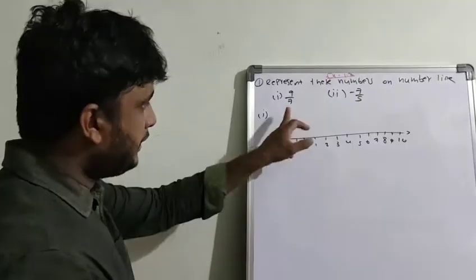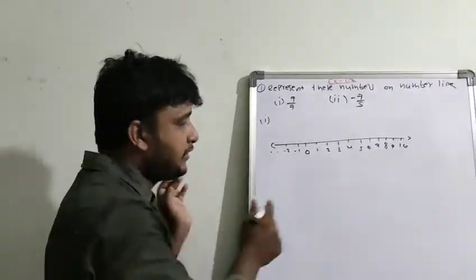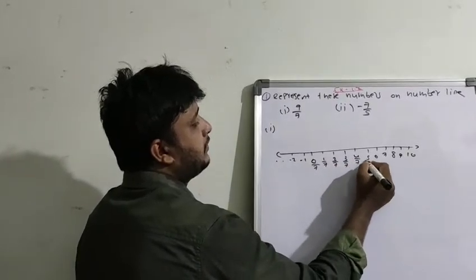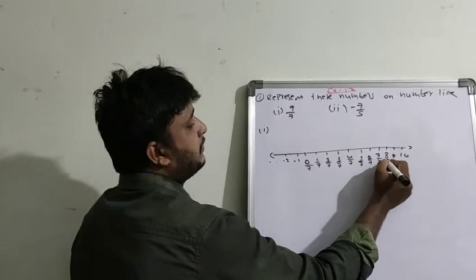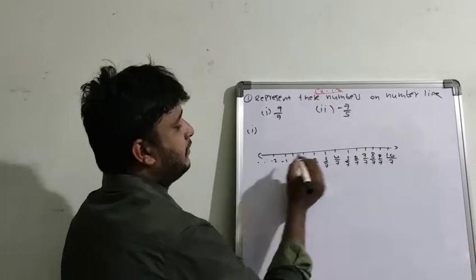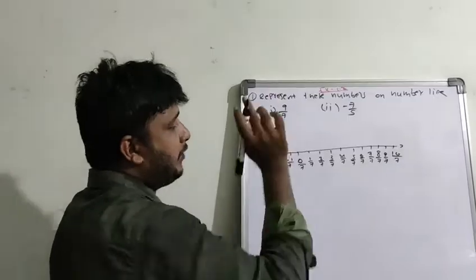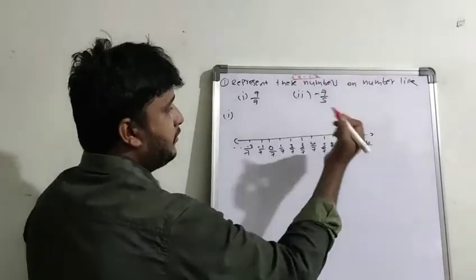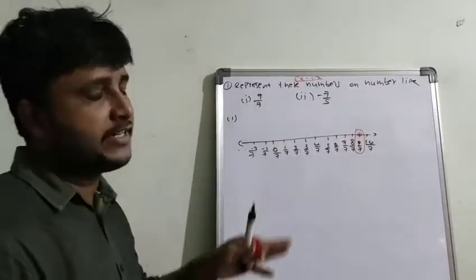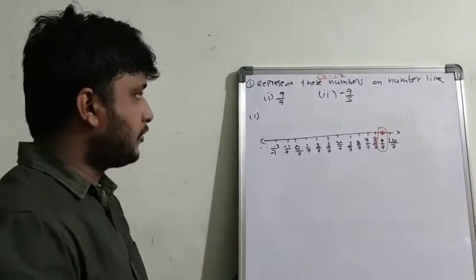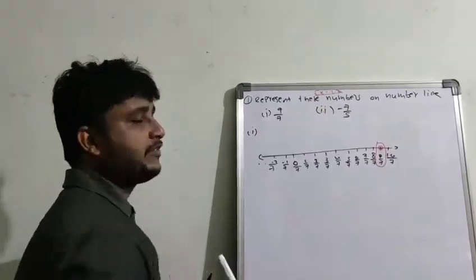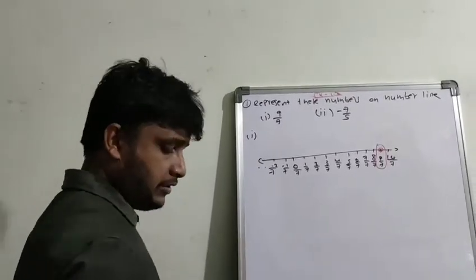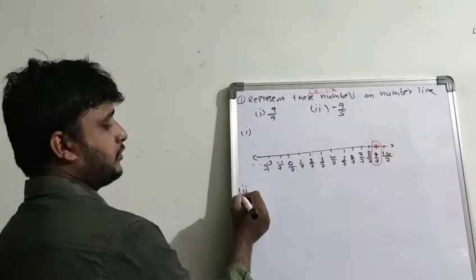So actually, in the denominator 7 is there, so each and every number you have to divide with 7. By 7, by 7, by 7. So 9 by 7, where is it available? Yes, 9 by 7 is here. So we have to take 7. And -7 by 5 is a different denominator, so we have to take one more number line. So okay, don't divide positive numbers with 7 and negative numbers with 5 and represent on the same number line. Different number lines you have to consider for different questions, for different denominators also.